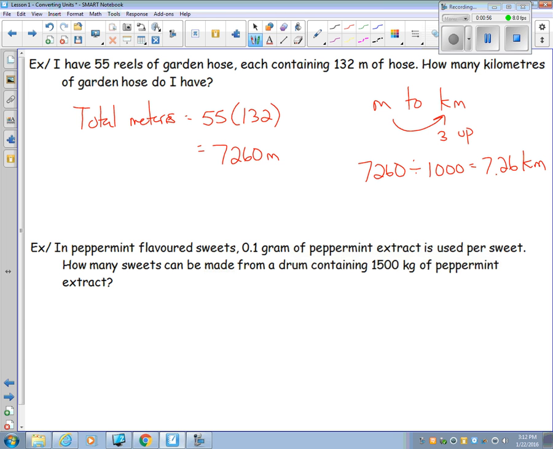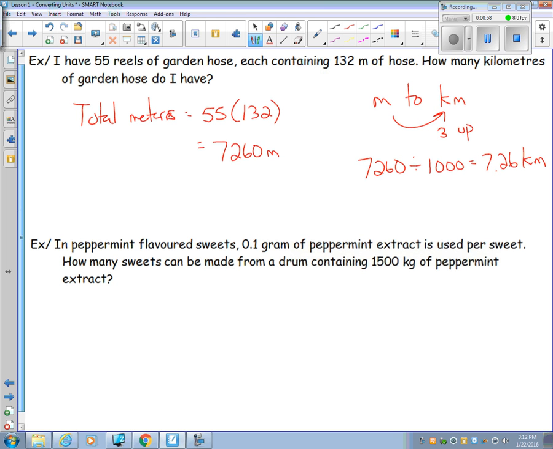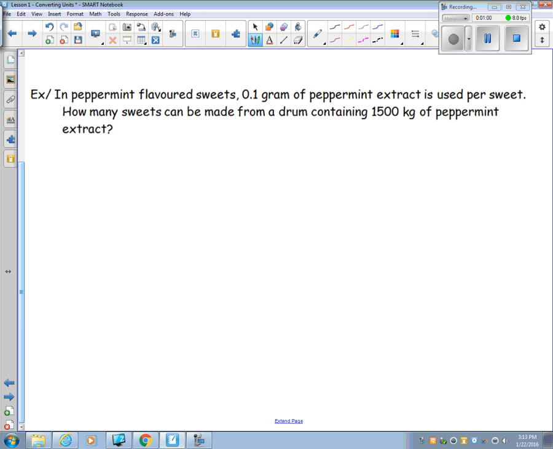If you want to try the next example yourself, feel free. Otherwise, you can pause the video. Otherwise, keep on watching. The second example here,